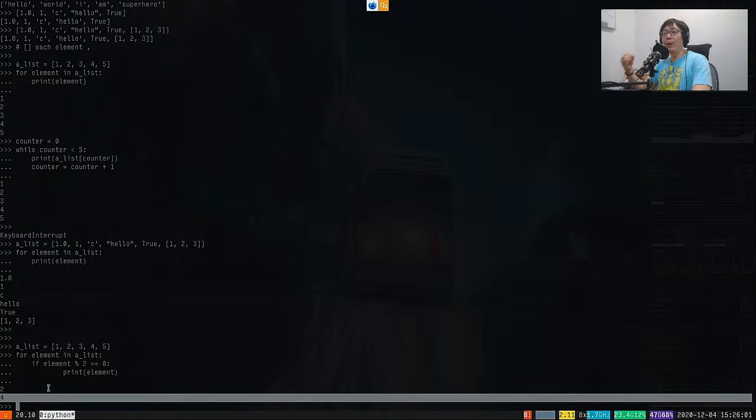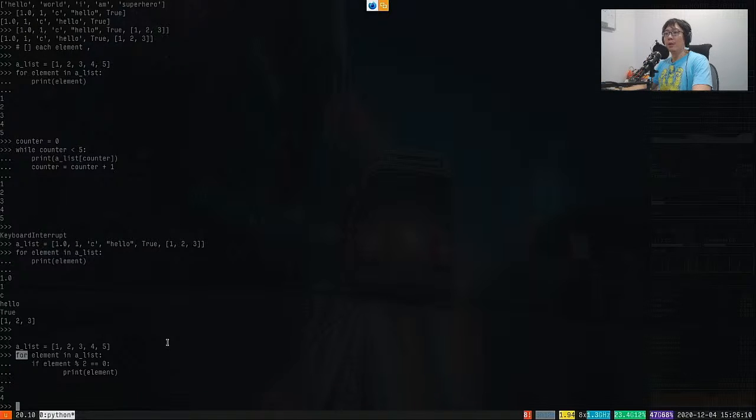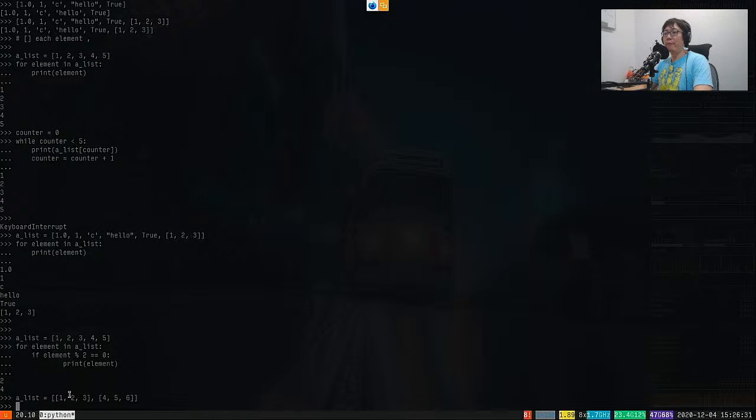Okay. If you really want to, you can also write another loop inside a loop here. So for instance, when it is useful, I will show you here. When you have a list of lists, right? 1, 2, 3, 4, 5, 6. So you have 2 lists inside a list. So if you want to print everything out, each taking 1 line,